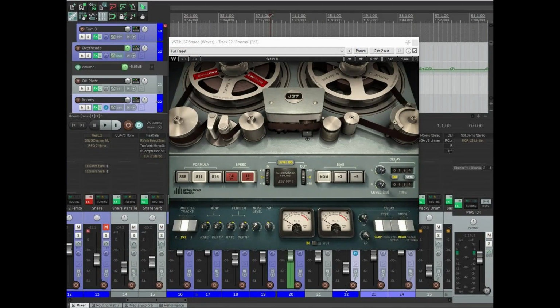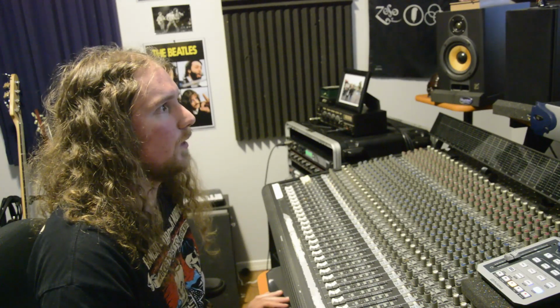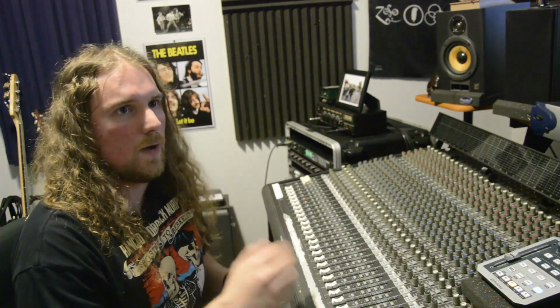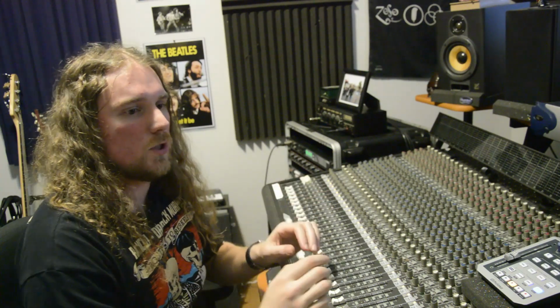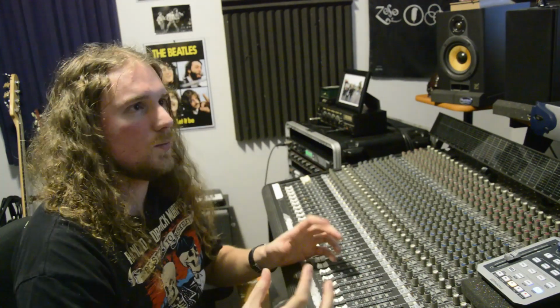I turned up the saturation a little more than I usually do. This time it's at 6.9. I generally find with this plugin, about 2 on the saturation knob is enough, but I really wanted to mess this one up. So the goal with all that is to really just bring up the noise in the background. Take off all the transients, really just make it like a mushy, mid-rangey sort of mess. So you bring that in just a little bit into the overall drum track, and it just really helps add